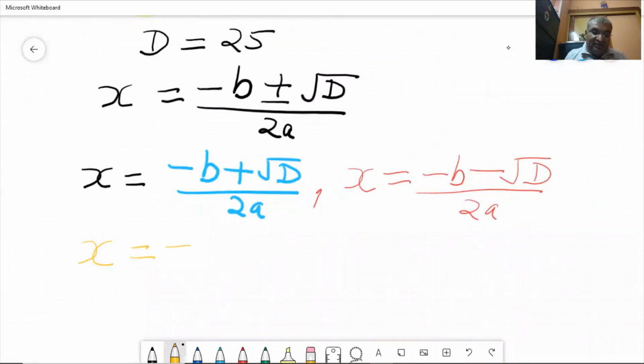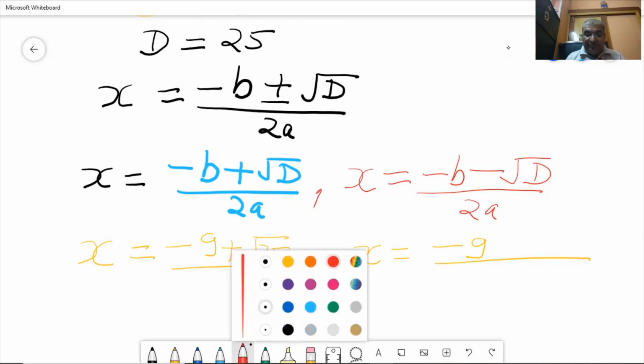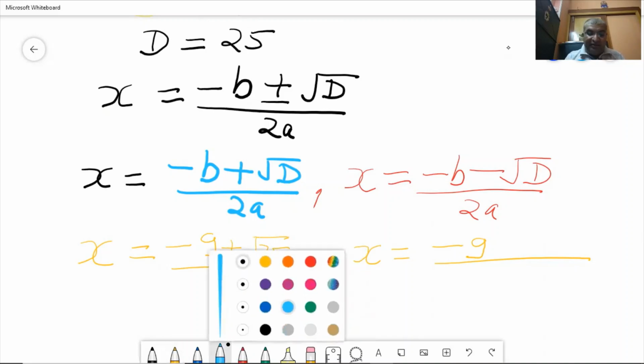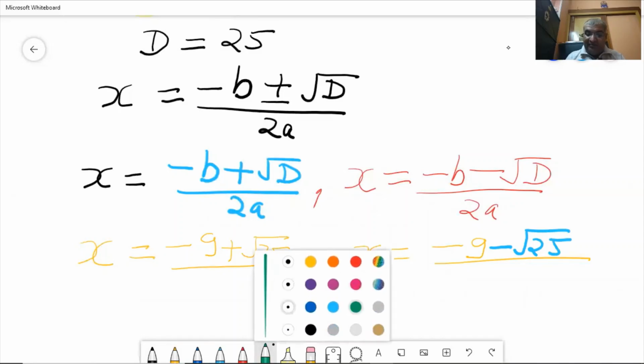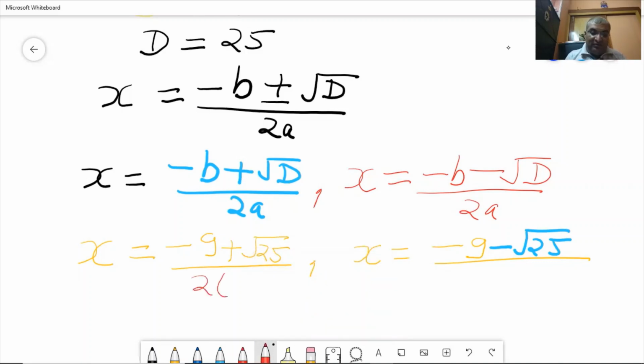What we can observe is it will be minus 9 in the first case as well as in the second case. In the second case also, exactly similarly, the value of b has been put. Now we did calculate D. D was 25. So one time it will be under the root 25, which is positive, and second time, please try to concentrate. When we write it the second time, it will be minus root 25, and then it will be divided by 2a.